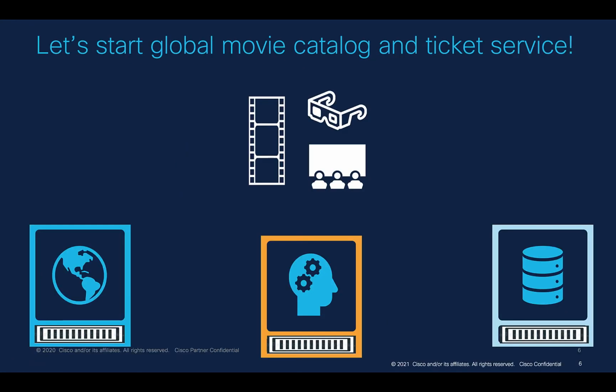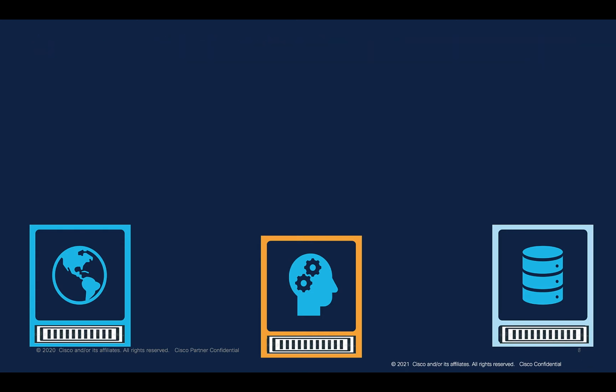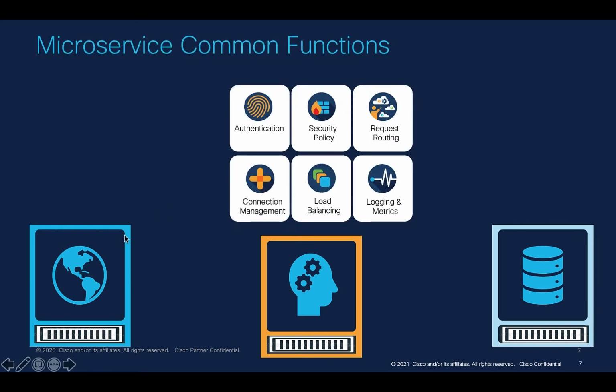Let's take a look at the functionality a service mesh provides. Suppose you have a movie catalog and ticket service application, and you have split that application into multiple microservices as part of your cloud native deployment. The application would usually consist of a front end, multiple components of the business logic, and a backend. In the monolithic world, if you wanted to add observability and security, you would add in the single component of the virtual machine. However, now you have to embed that functionality in each of these microservices.